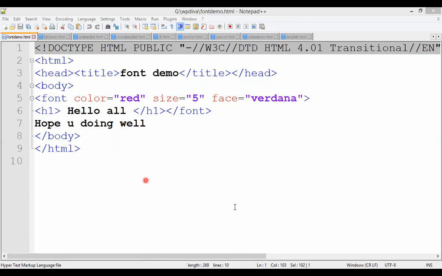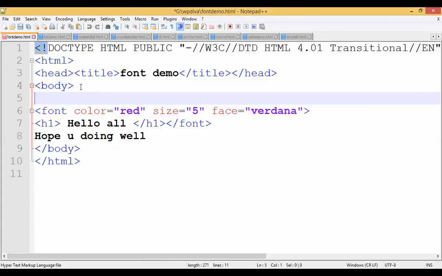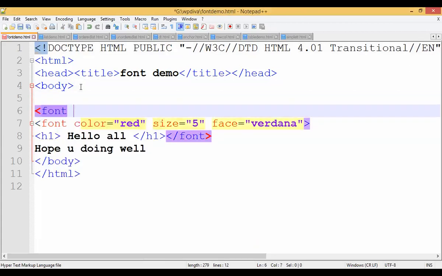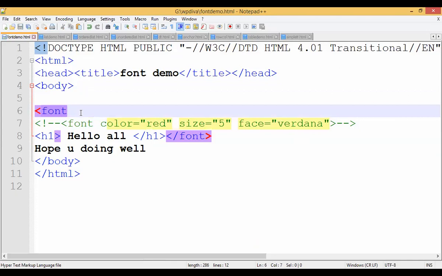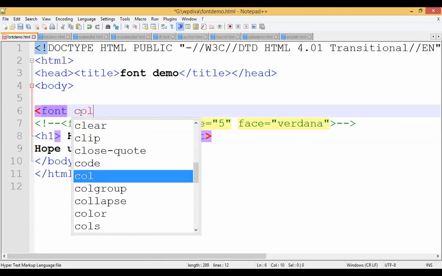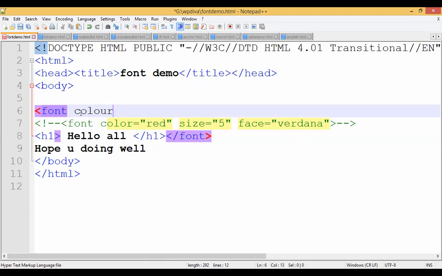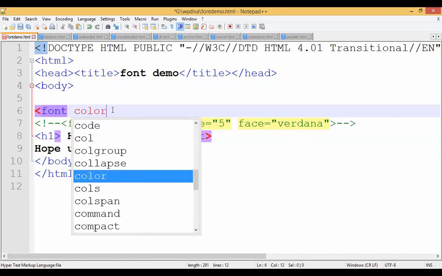But if I want to apply some fonts here, I have to take a tag called what? Font, right? I have to take font. Okay, I will just disable it. I will tell you how to type that font tag. So I took font, F-O-N-T, font. Just make a note of the spellings. You should not take C-O-L-O-U-R, that is wrong, okay? Because we are taking attributes here. Attributes are just like keywords or properties. You have to take the correct keyword name. So the correct keyword name used here is color equals to.